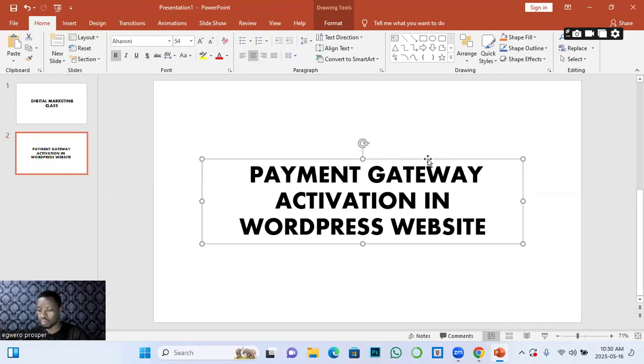In WordPress, what is a payment gateway in WordPress? A payment gateway in WordPress is a service that enables online transactions, allowing customers to securely enter their payment information,